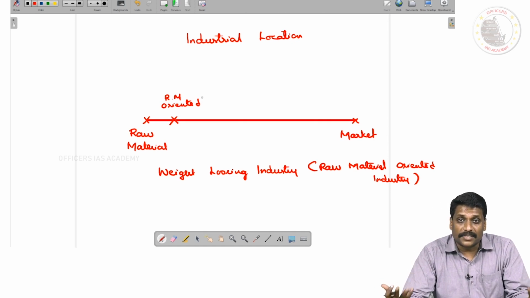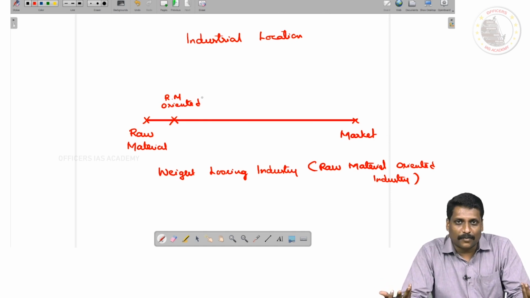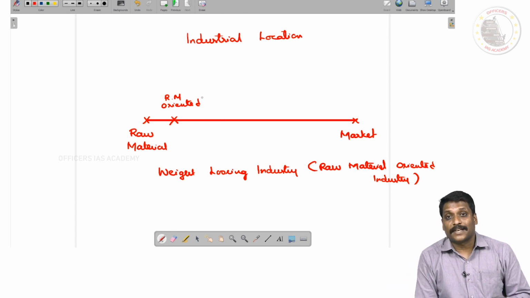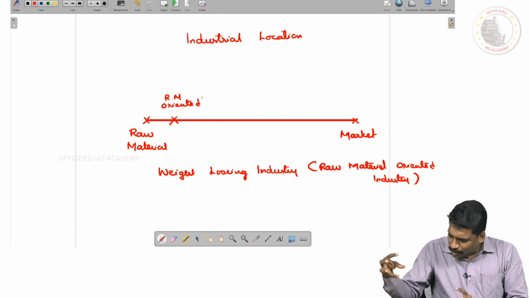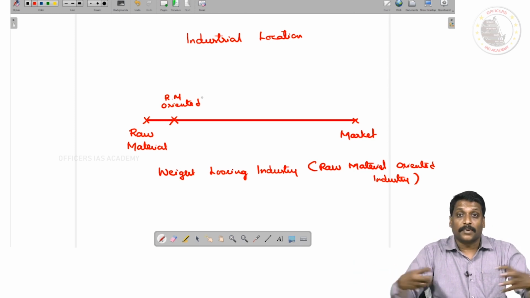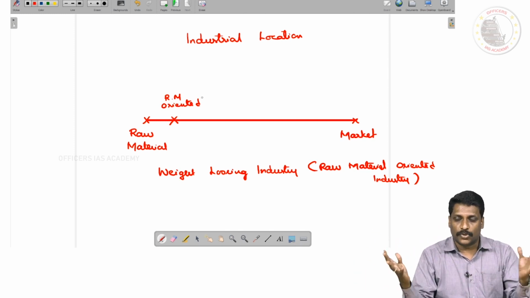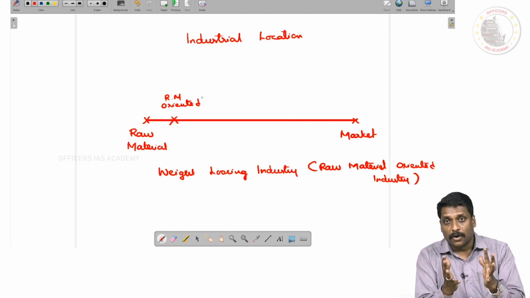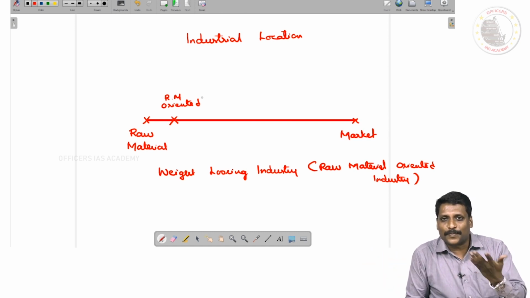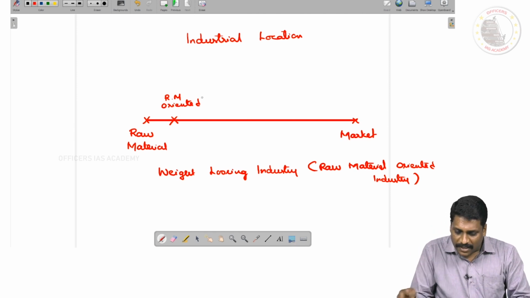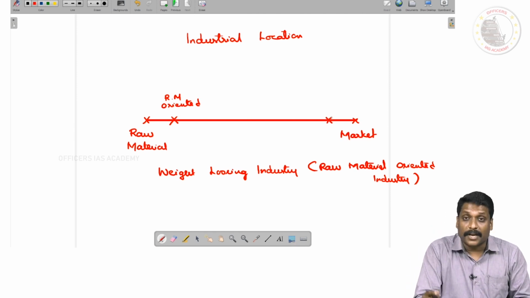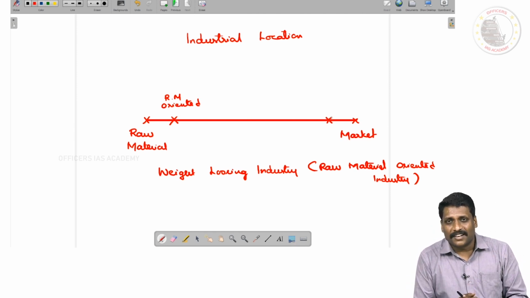Weight gaining industry. See, the weight gaining industry is more like a theoretical one. But what is the very practical approach of it? Assemblage industries. Assume small components you collected from different places. You start assembling it. This product becomes so huge. If it is becoming so huge or very large, it becomes very difficult to transport. So, if you are very rational, an almost economically rational entrepreneur, I understand this weight